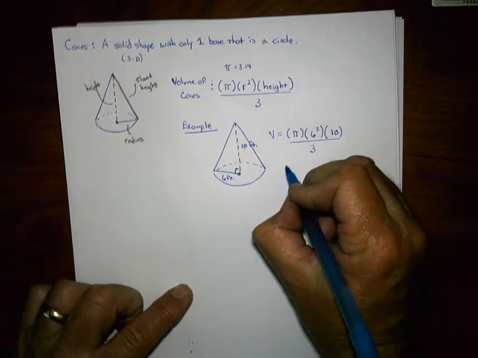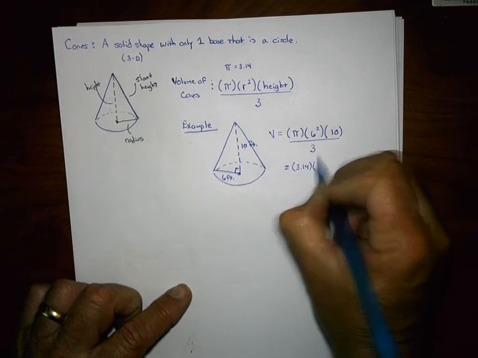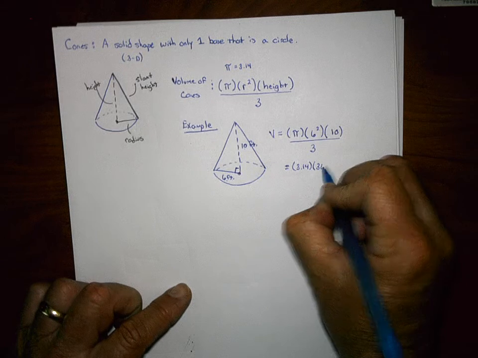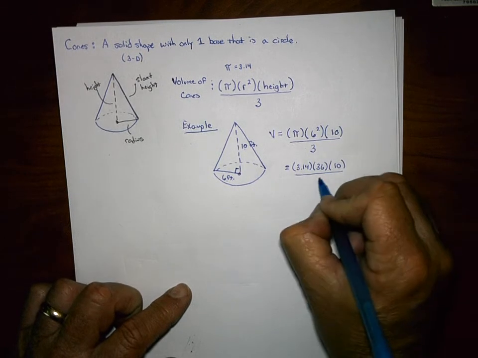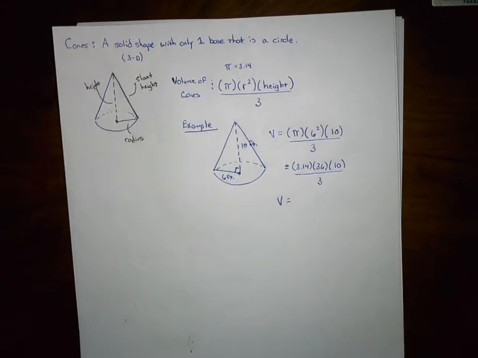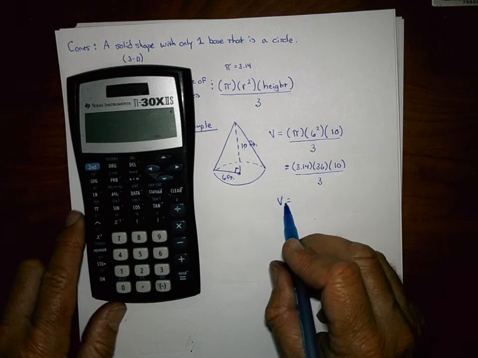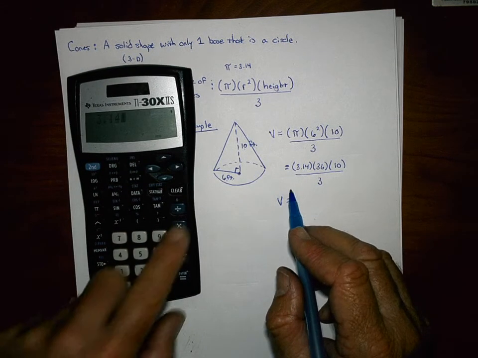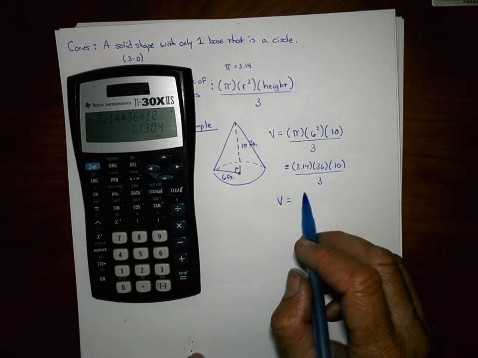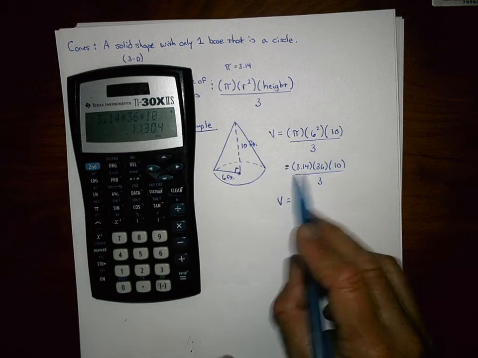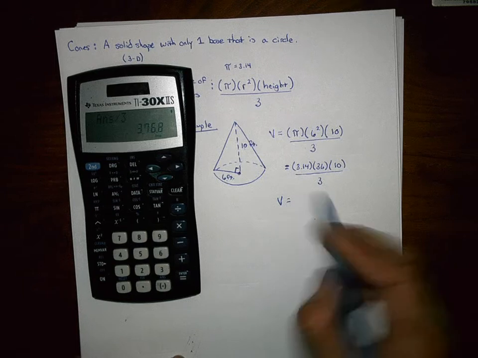And then I just work this out. So what's pi? Well, we're going to use 3.14 for pi. 6 to the second power is 36. 10, not going to do anything with that. Can't simplify it. And then all divided by 3. So to find the volume, I just get out my calculator. Use any calculator you want. So I'm going to go 3.14 times 36 times 10. I'm going to see what that equals, and then I'm going to divide it all by 3. Always, when you multiply these out, see what it equals and then divide it all by 3. So I divide it by 3, and my volume is going to be